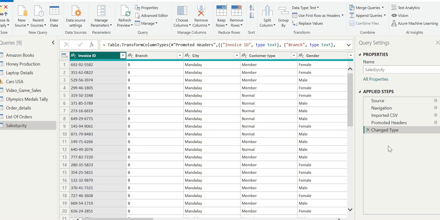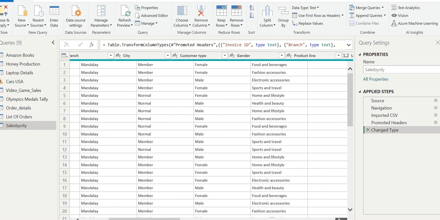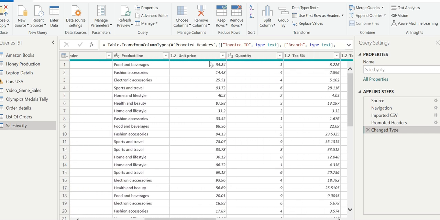And it is something that is embedded in Sales by City only, in this one file only. Nothing else will be created. And you see the type of every column has been detected by Power BI. You will see it has been created like a whole number and a decimal number. So the type also has been detected by Power BI. Just go to the Source and delete all other steps.